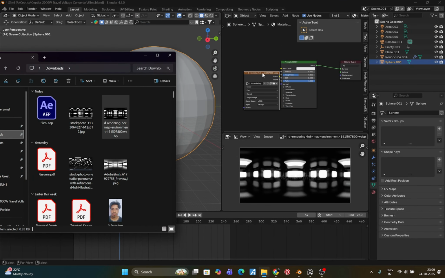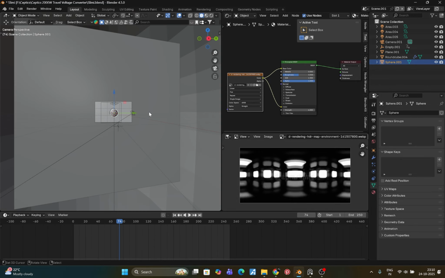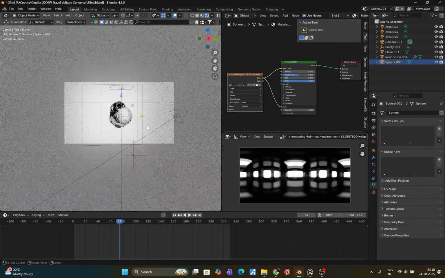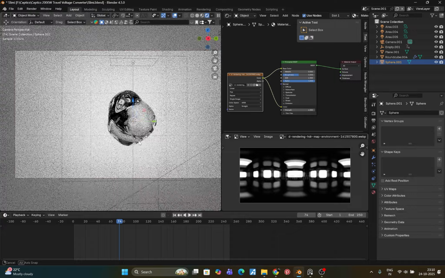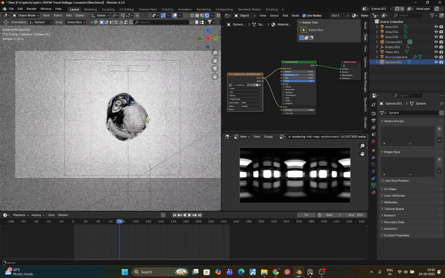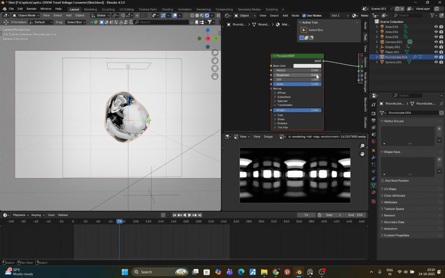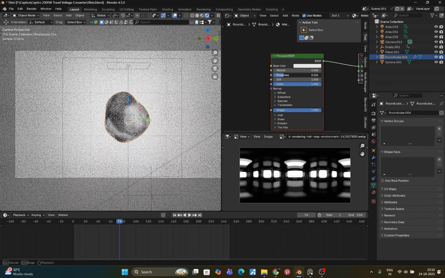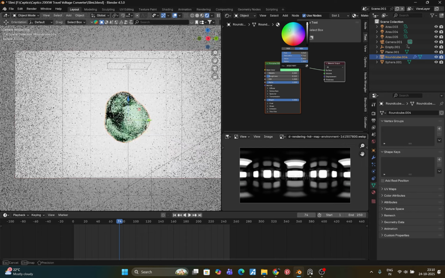So yeah, let's add in emission to maybe 4, maybe. I'm not sure right now how this will look. Okay, so for now I guess we have to increase the roughness a bit, maybe change the color a bit to yellow,